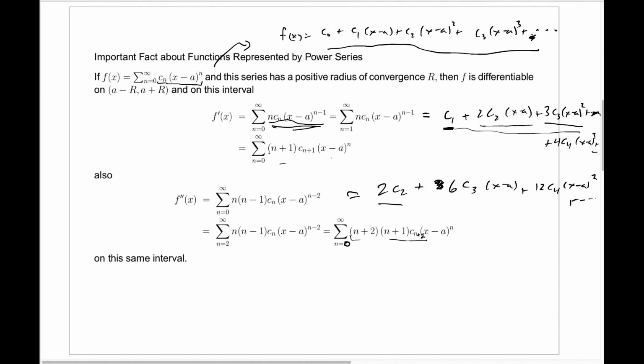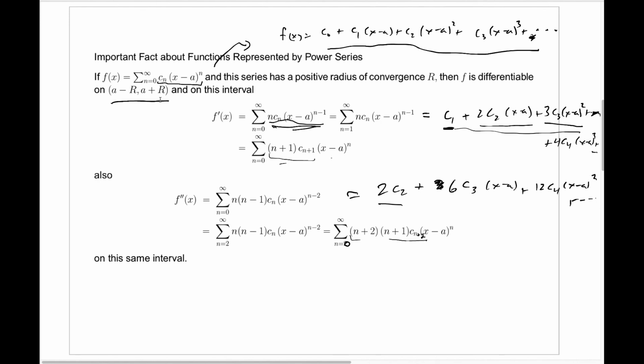Here's the expression for f prime. Now, this power series for f double prime will again be valid, by which I mean absolutely convergent and equal to f double prime on this exact same interval, at least on the open interval, a minus r to a plus r. And of course, we could do it once, we could do it twice, so we could just keep going. You could easily write down for yourself an expression for f triple prime, f4, f5, etc., all the higher derivatives of f,